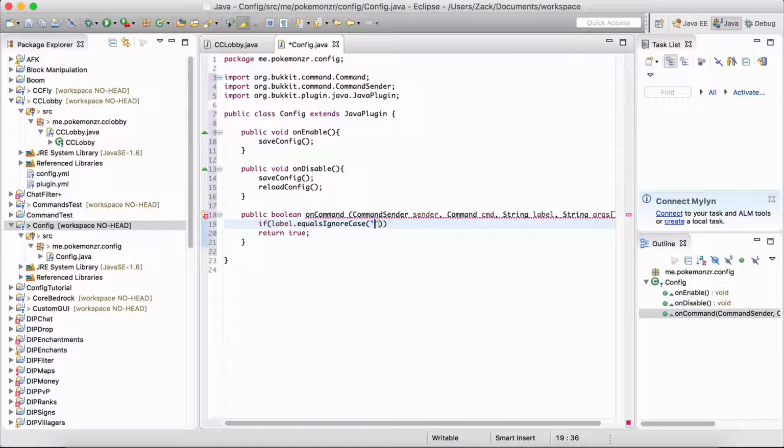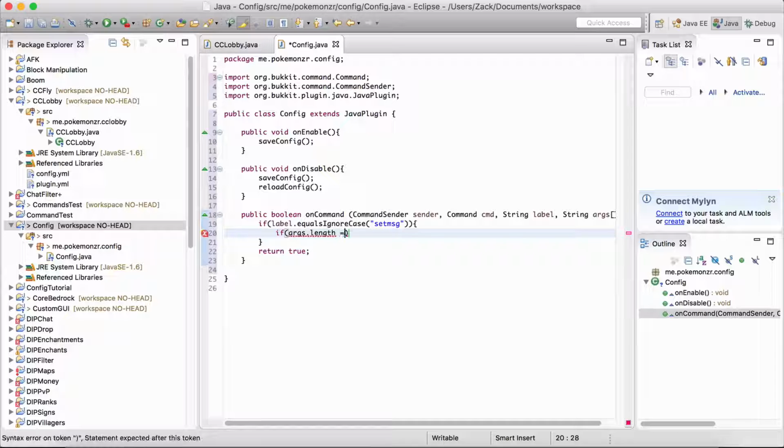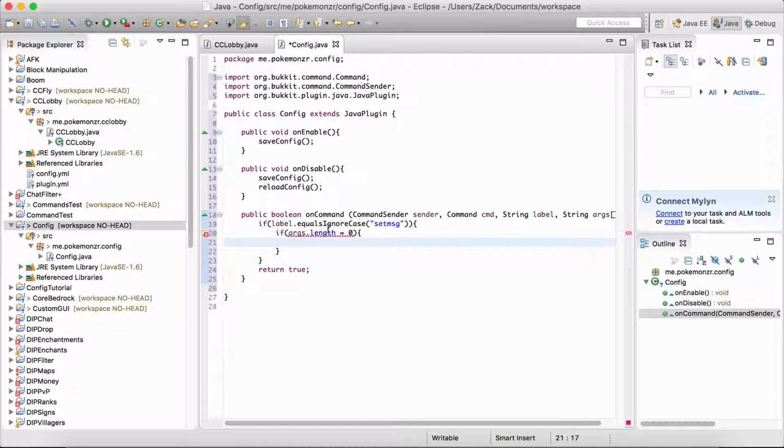what do we want to do in a config? Set msg. All right, so we're just going to do a message in the config. If label.equals ignore case, set msg. If args.length equals 0,